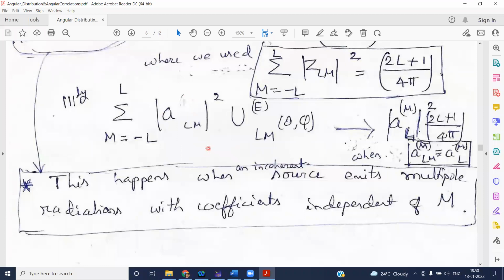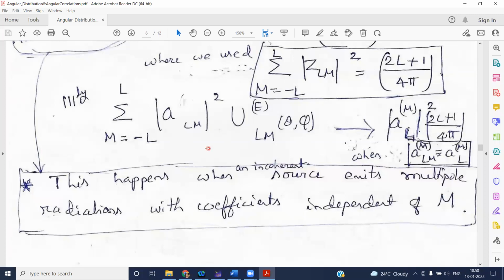Angular distribution is discussed. I am repeating the points that I discussed from the last class. What is angular distribution? Energy radiated in different directions. Energy radiated as gamma rays in different directions. There is a distribution, an angular distribution, which is different in different directions, as predicted in theory. If you find the angular distribution, you know that it is going to give you the multipole value. It is a unique signature of the multipole value.